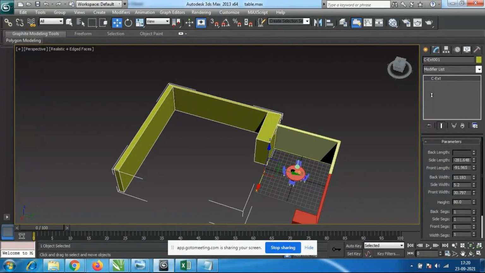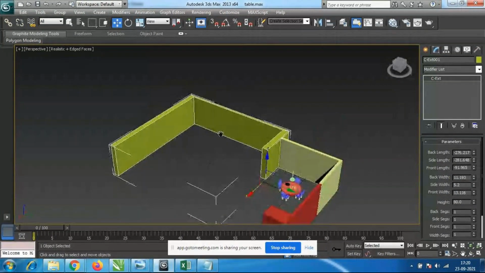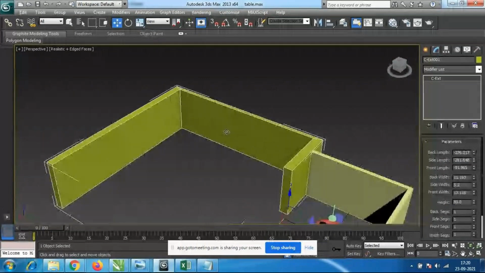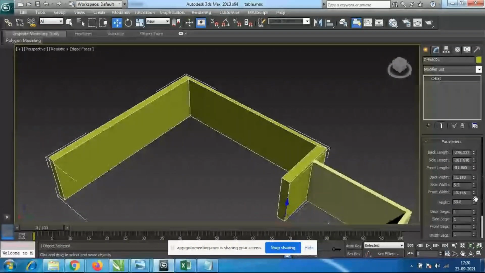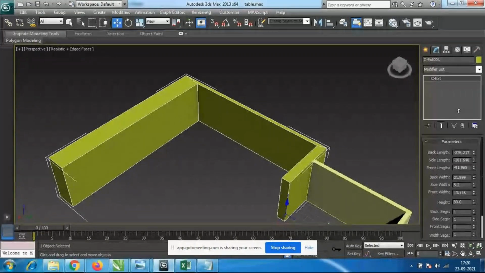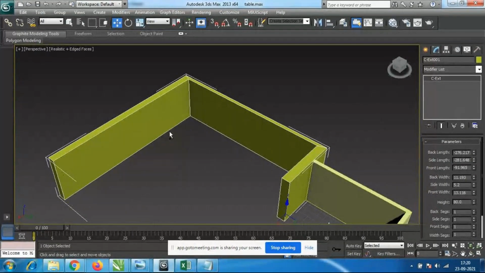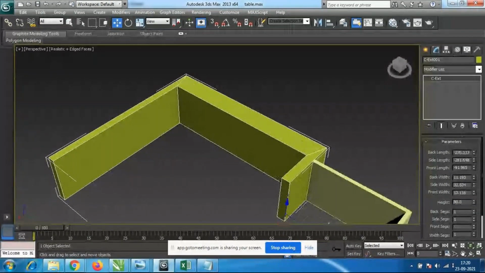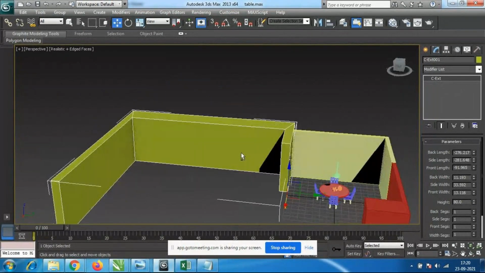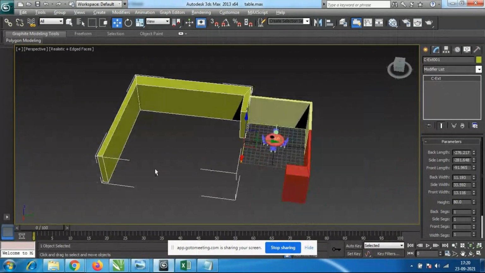See front width, how much ever you want you can make it. Suppose you want to make the TV unit here, or you have to make the window here, so we need a little thickness. Back width. If we are making the TV unit here, otherwise here we want the TV unit. So here we are making the TV unit, and making the living room like this.